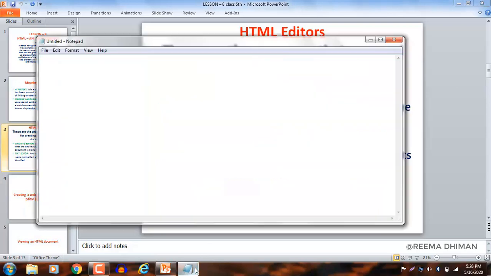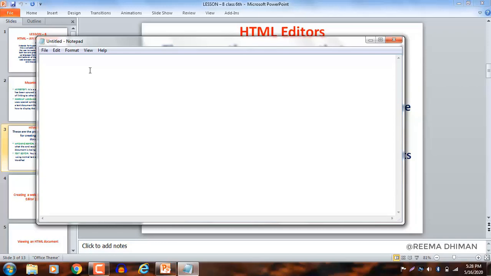So what is Notepad? It is basically a program used for typing something. You can type, it is a typing program. You can type in it, do some sort of formatting, change fonts, colors, etc., as you all do in Microsoft Word. But in Notepad there are fewer features than Microsoft Word.